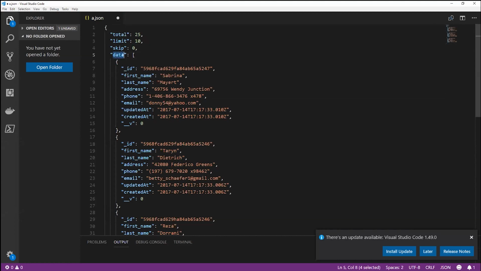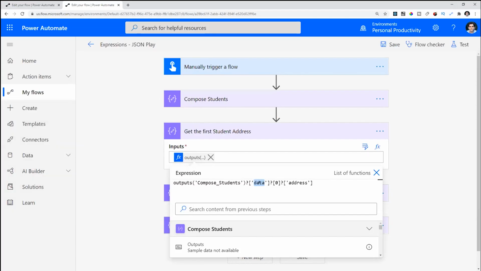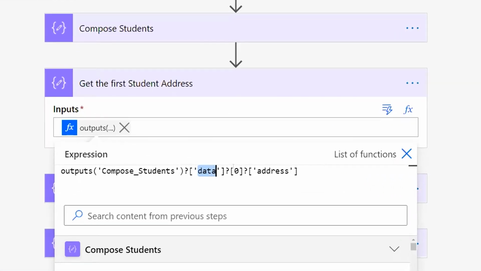That's point number one. That's why the word data. The next thing is, within data, if you notice, data was an array, right? Remember, I showed you data begins with those square brackets. That means it's an array, it's a collection. If you want to fetch records from a collection, you can just put the node entry that you need. So if I need the first item, arrays begin from position 0. I have put position 0. If I need the object at position 1, then 1, and so forth, right?